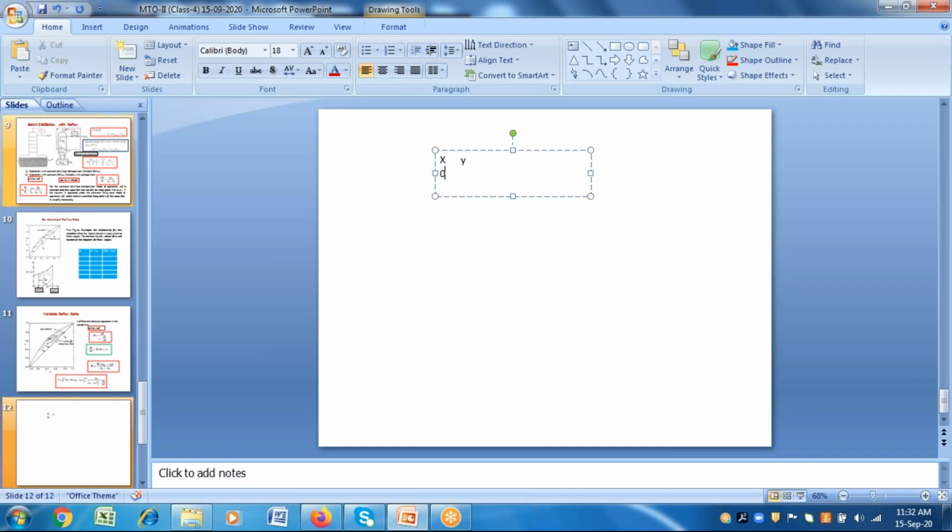So 0, then you have here 0, then 0.1, then you have